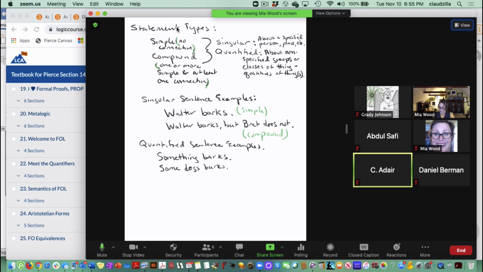We can also say that quantified sentences, start one more time, we can also bring our connectives to bear in quantified sentences. So, for example, we could say something barks, but something does not. And by the way, I'm going to put a little asterisk here,